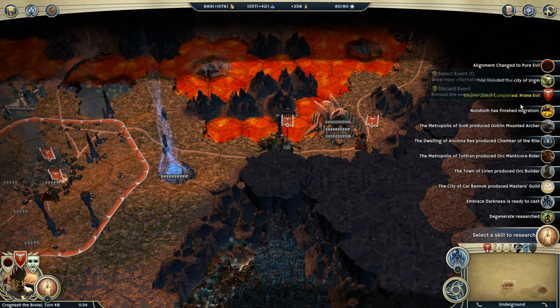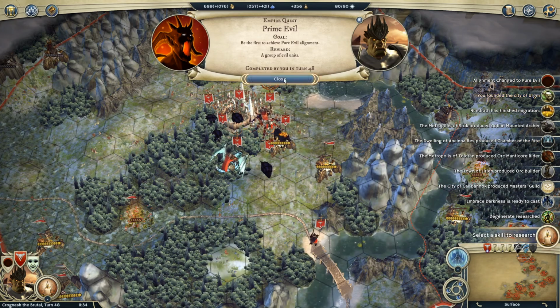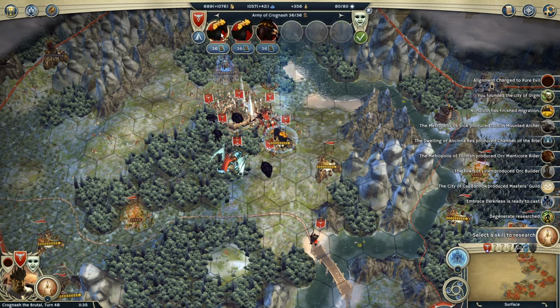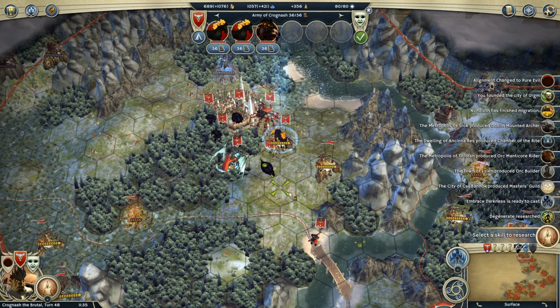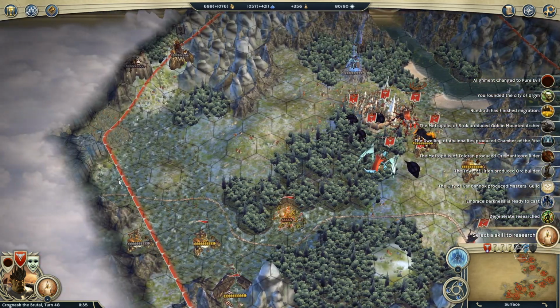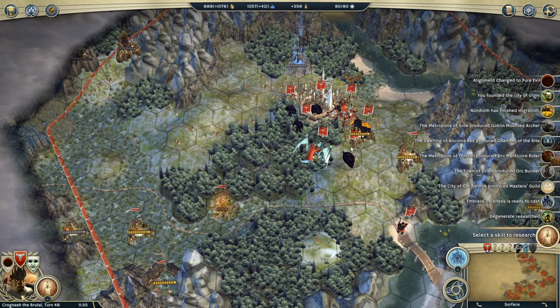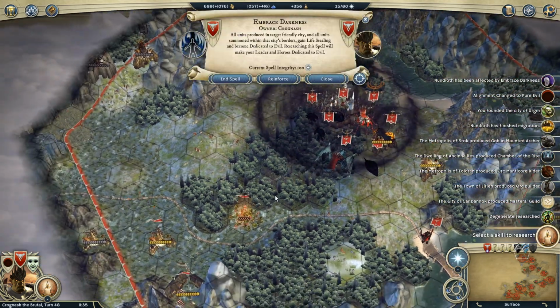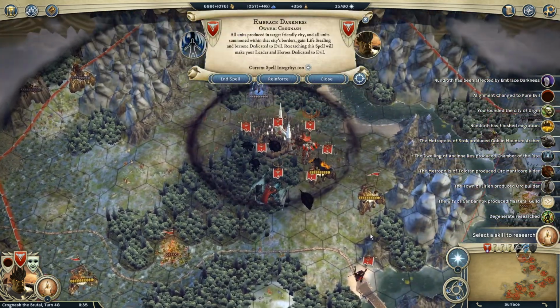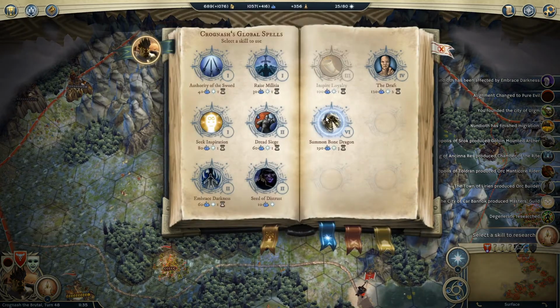We are now pure evil, and we actually are the prime evil. And as a result, we gained a stack of evil units here. You can see we've got 2 Nightmares and a Hellhound, which is going to, again, just give us more units to throw at this big bunch here that we're using as our main Vanguard force. We're going to throw Embrace Darkness on this city here, as that's our city that's closest to the front lines at the moment. Now, we can start summoning a Bone Dragon. Although, it might be nice to actually maybe do a couple of these other spells just while we're...